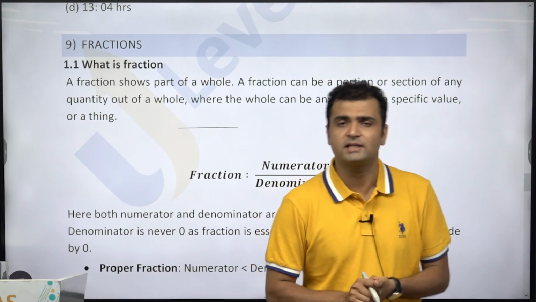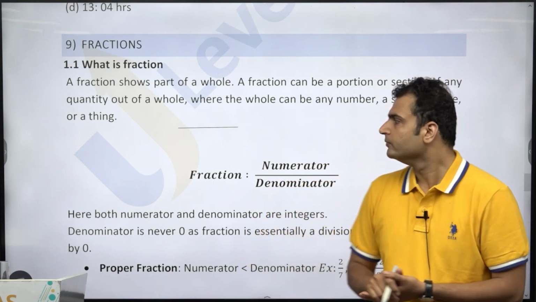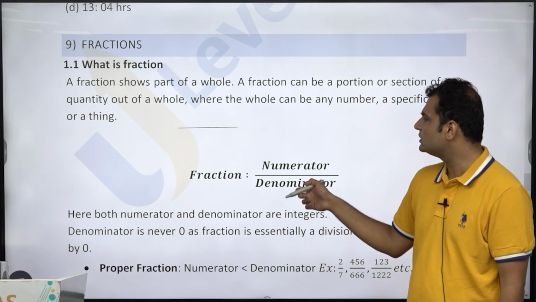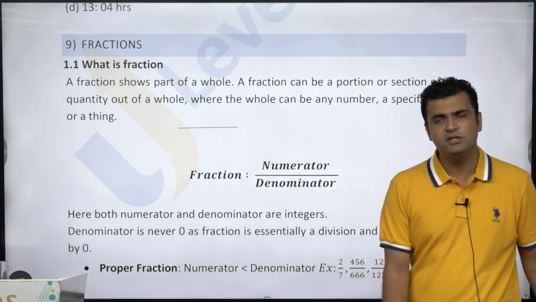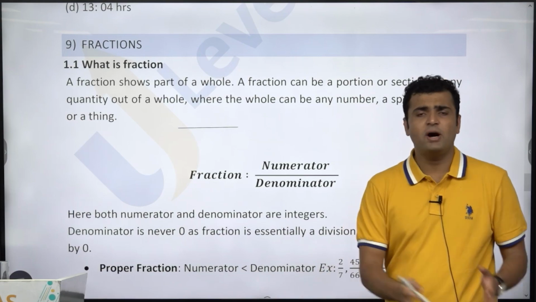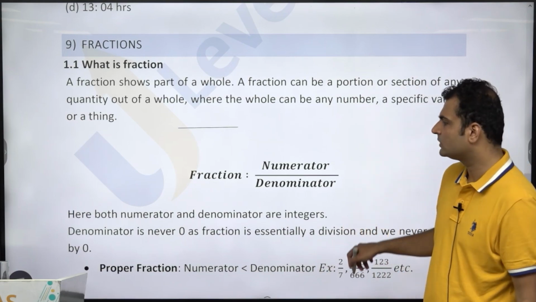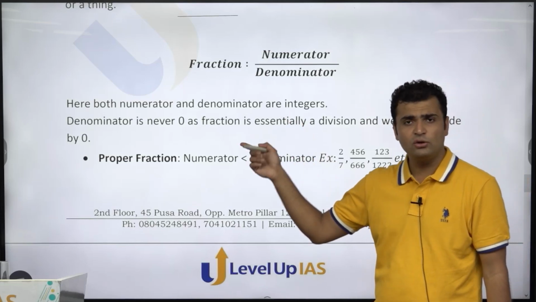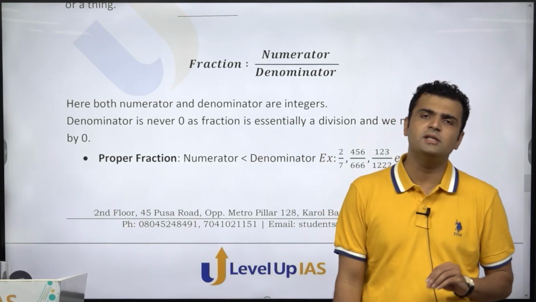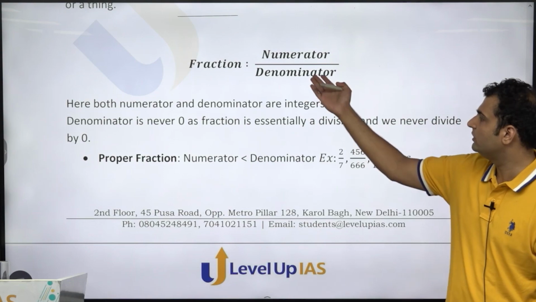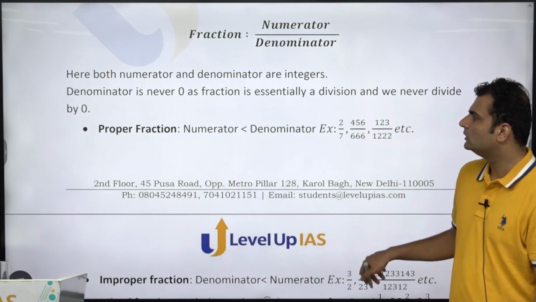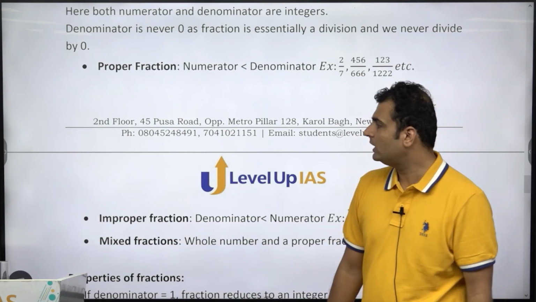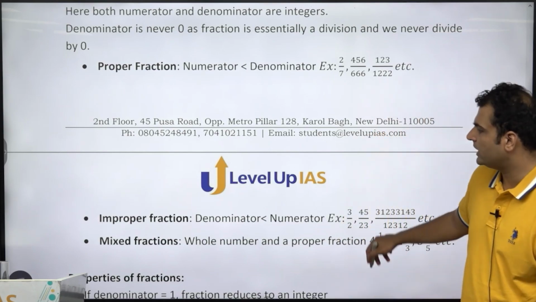नेक्स्ट इज फ्रैक्शन। फ्रैक्शन में हमें क्या करना है, वी जस्ट नीड टू अंडरस्टैंड फ्रैक्शंस। फ्रैक्शंस आर आल्सो कॉल्ड रैशनल नंबर्स। इसको ऐसे लिखा जाता है न्यूमरेटर डिवाइडेड बाय डिनोमिनेटर, एंड बोथ दिस न्यूमरेटर एंड डिनोमिनेटर आर इंटीजर्स। A fraction shows some part of the whole, that is the fraction. Denominator can never be 0 because we have seen that dividing by 0 is not a defined operation, so division by 0 is not allowed. ये टर्मिनोलॉजीज इंपॉर्टेंट है यहाँ पे। प्रॉपर फ्रैक्शन क्या है, इम्प्रॉपर फ्रैक्शन क्या है एंड मिक्स्ड फ्रैक्शंस क्या है।